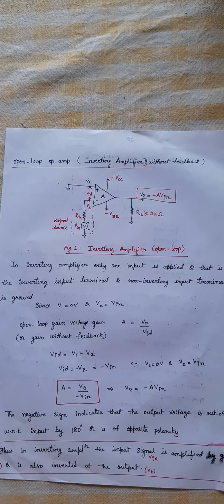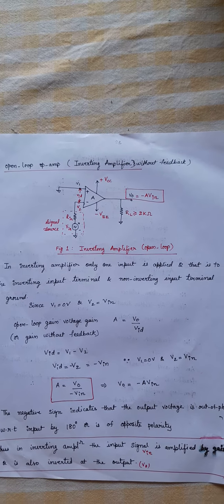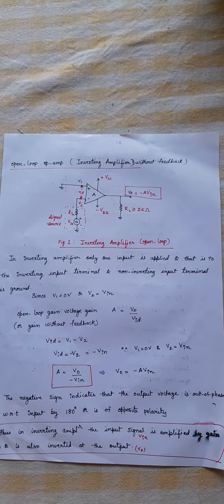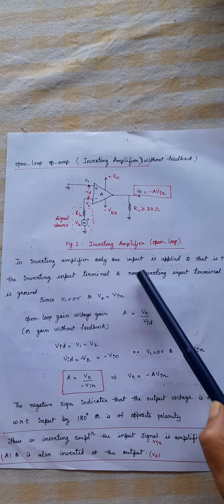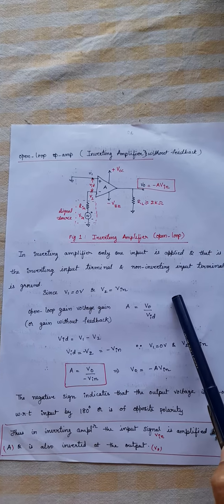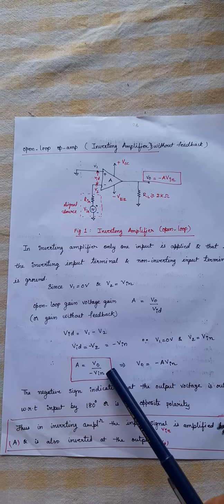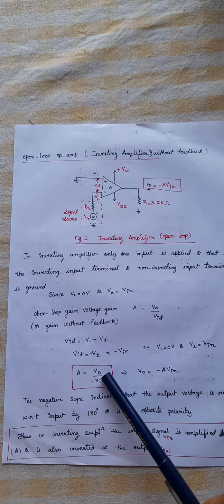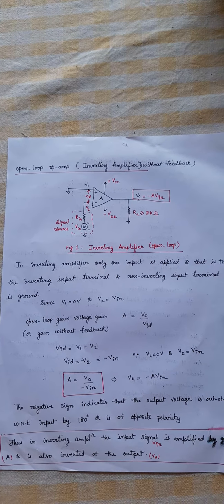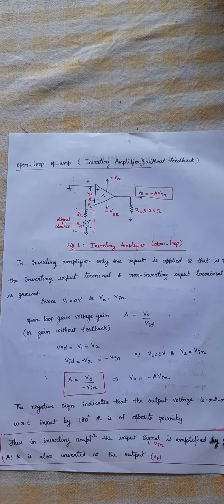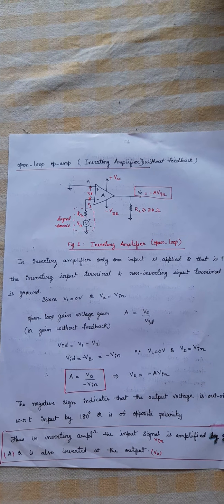Minus of V2, which is equal to minus of Vin. So what is the gain equation now? V0 by minus Vin. By rearranging the terms, you will get the output voltage of an inverting amplifier as V0 is equal to minus A times of Vin,